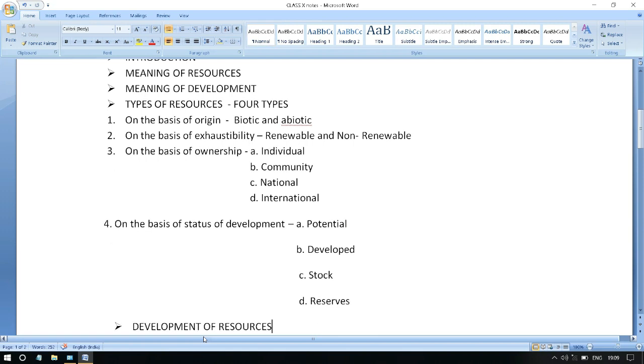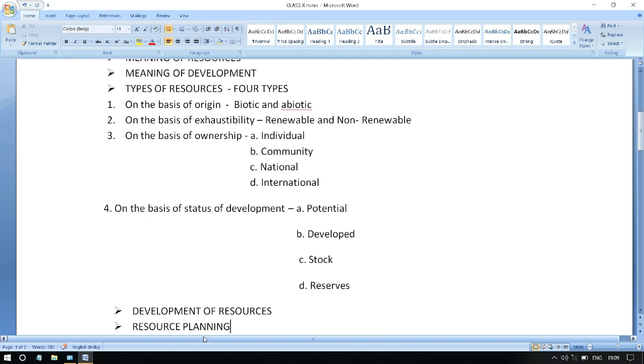Now next, main headings. Whatever I have written with capital letters are the main headings, and under these, whatever 4 or 5 types are mentioned, I have written in small letters. So you can easily understand what are the main headings and what are not. And you can check in your NCERT book also whether all the headings are covered or not. And if anything is left, we are going to cover that in the notes and the video lecture. So next, the explanation lecture.